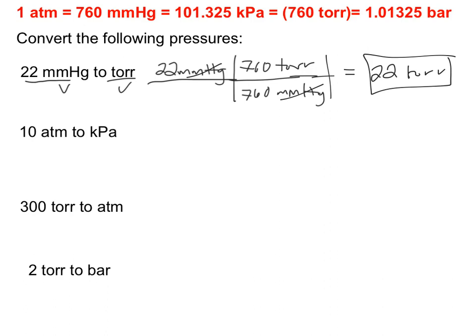So let's do another example set. Okay, so once again, I've been given 10 ATM. Okay, so 10 ATM is what I'm starting with. Okay, what I'm wanting to convert into is the kilopascal. Okay, now also guys, please notice that this is kilopascal, kPa. So the K is representing the prefix kilo. So just like kilometer or millimeter or centimeter or those types of things, this kilo is that same type of